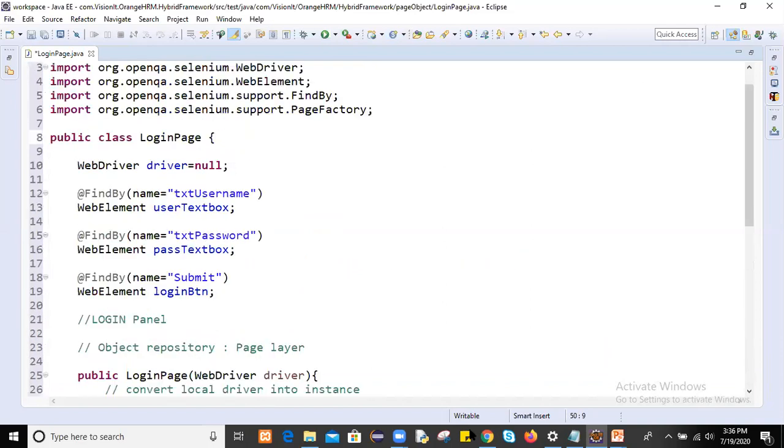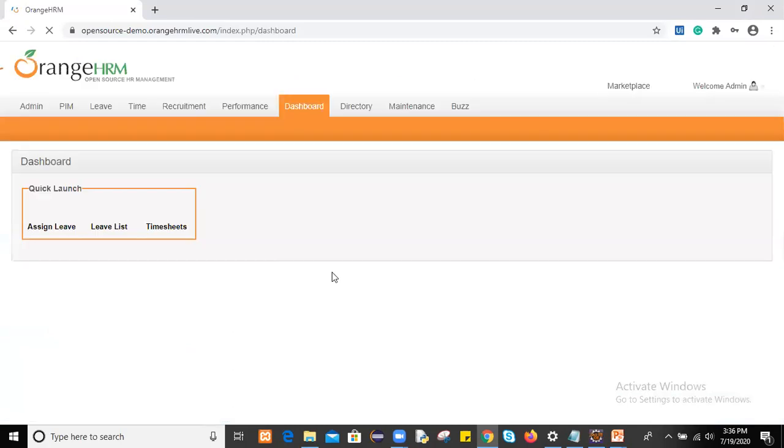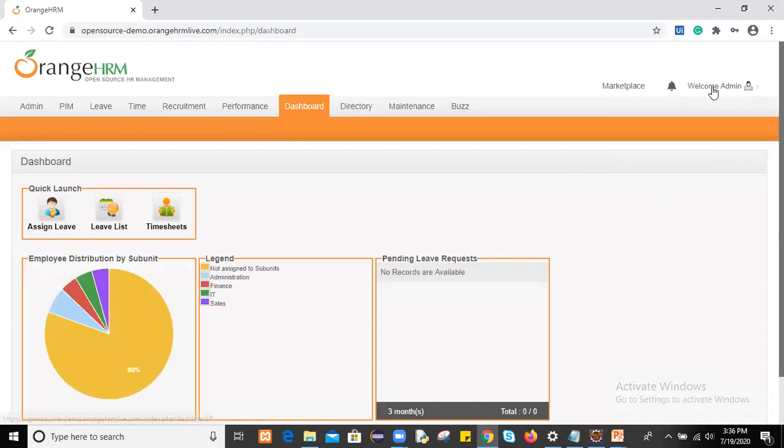So simply log in. If you logged in successfully, use admin, admin123 as the credential to log in to this application. If you logged in successfully, you see here we'll log out from this application.